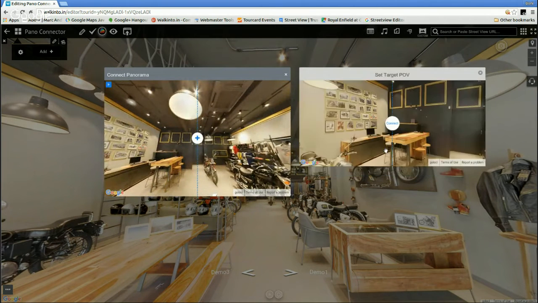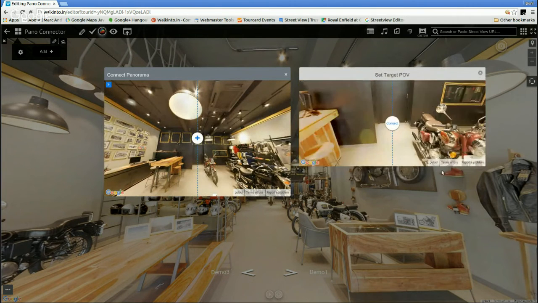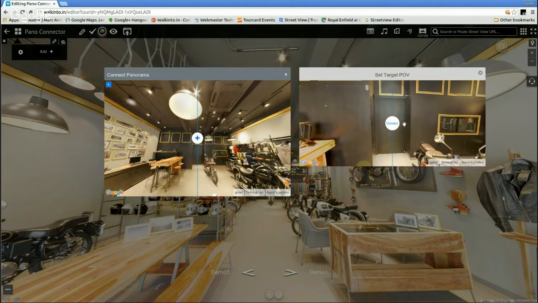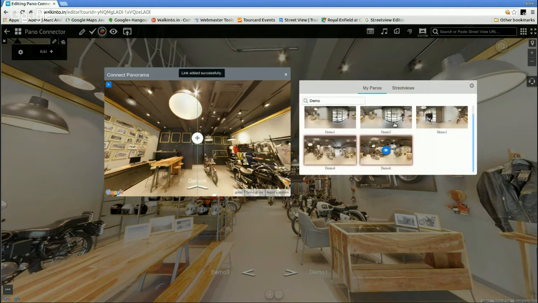Demo 6, open up, and you can see that is here. So it is lining up beautifully, and can be very precise. I'm not a photographer, so bear with me on this. All right, so this I have set up.